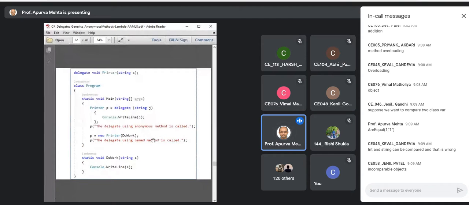So here we have this delegate printer. It takes string as a parameter and returns void. Takes string as a parameter and returns void. So now here, first, we are creating an anonymous method, because you will see that when you instantiate this